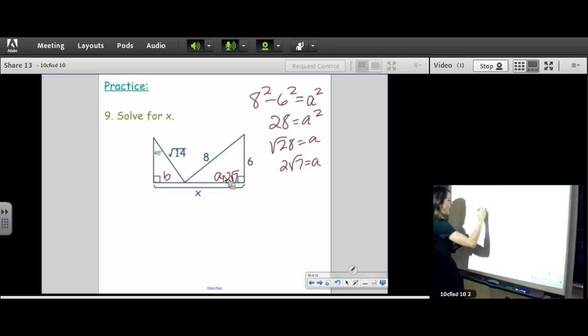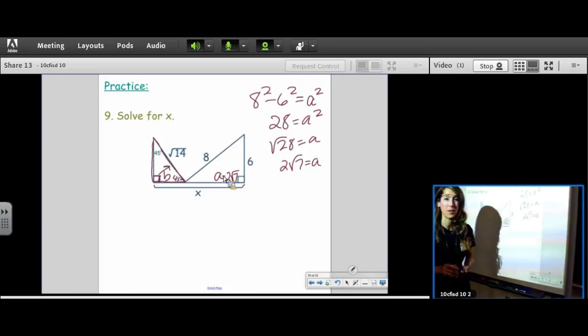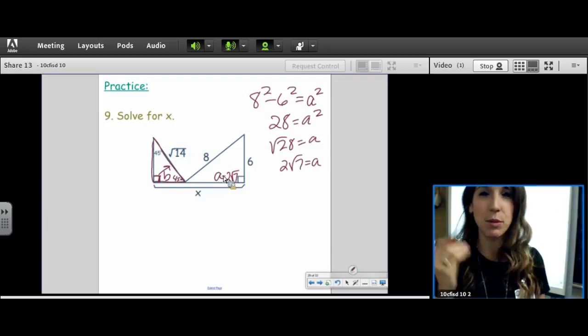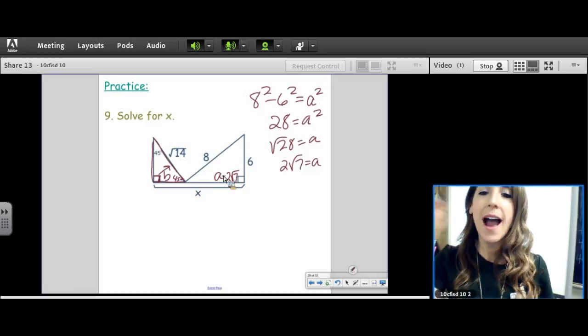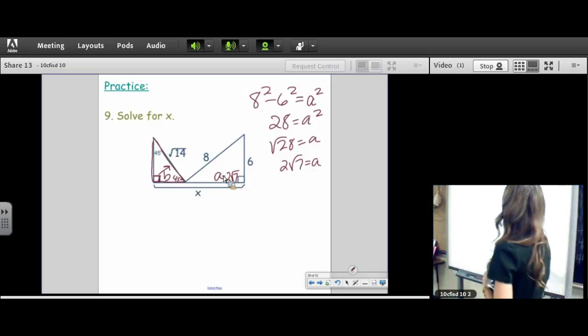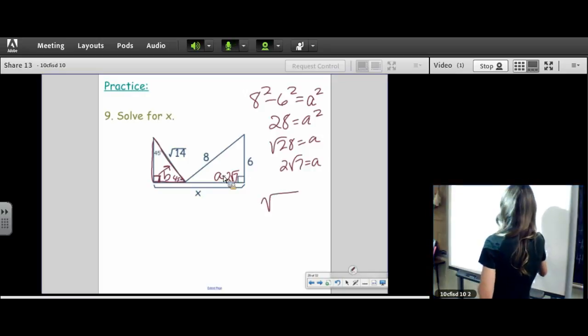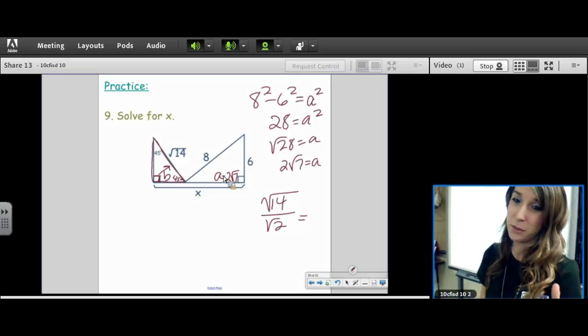Ooh, I spy a 45, 45, 90 triangle. I am given the hypotenuse. That is my x root 2. I know that when I'm looking for a leg, I divide by root 2. When I'm looking for a hypotenuse, I multiply by root 2. So I'm going to go off to the side. I'm going to divide this by root 2. Well, we're in luck because 14 is divisible by 2, which is beautiful. So this equals